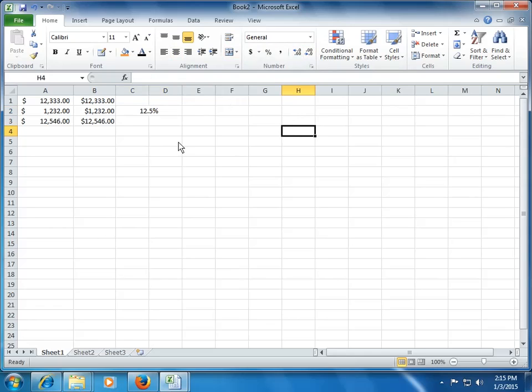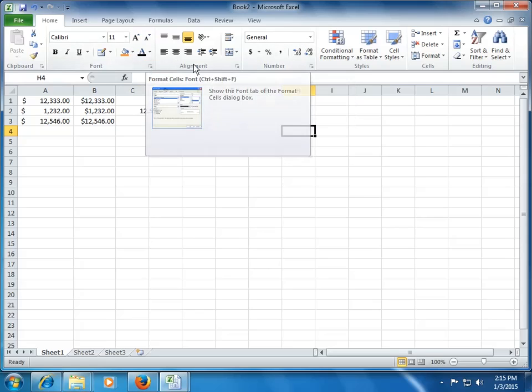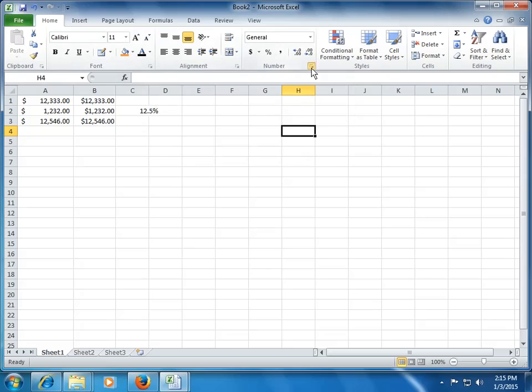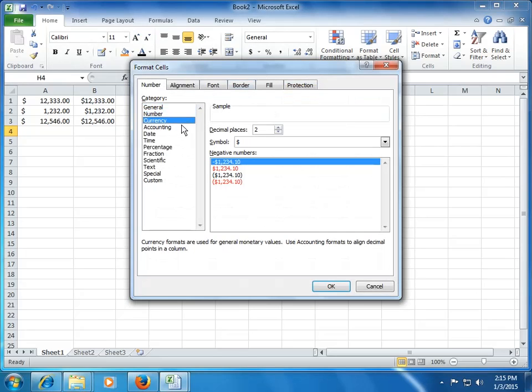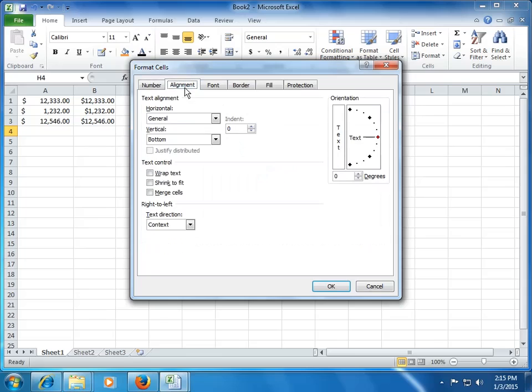Now for any of this formatting, we can either choose the default buttons which are given here, or I can click on this button, either of these buttons. Once I click on it, a window like this opens and I can explore the formatting in detail. So say for example, if I want to choose currency, I can choose any of the currency formats given here. Similarly, if I want to change the alignment, I will go to the alignment tab and change the alignment horizontally, vertically.